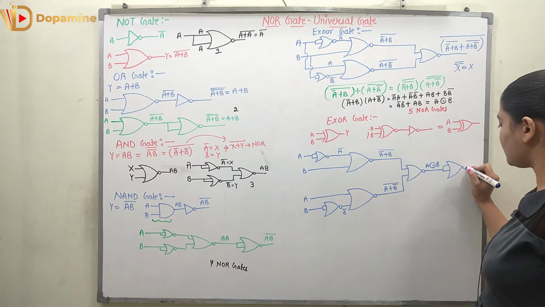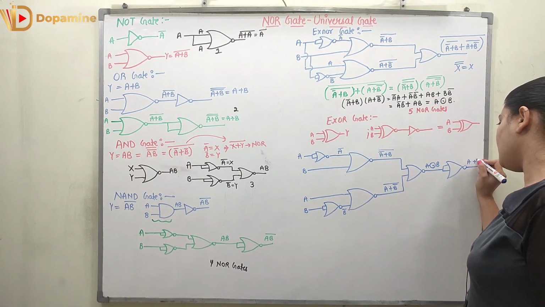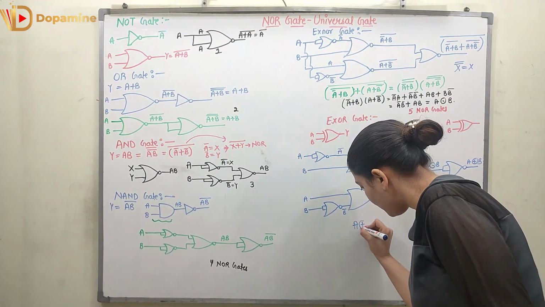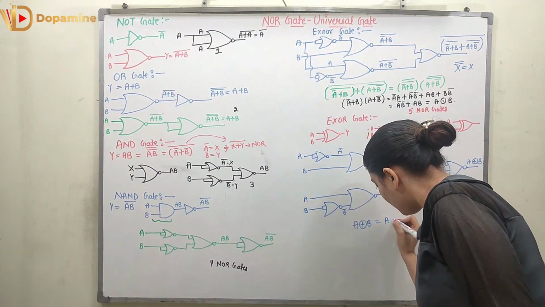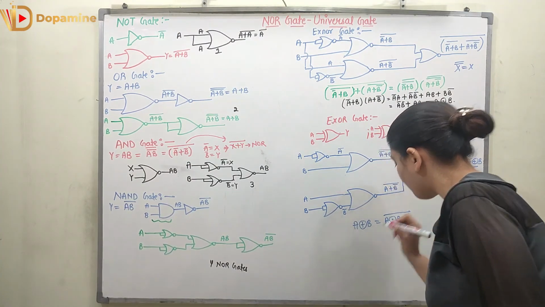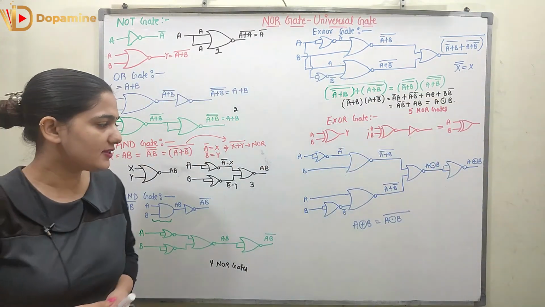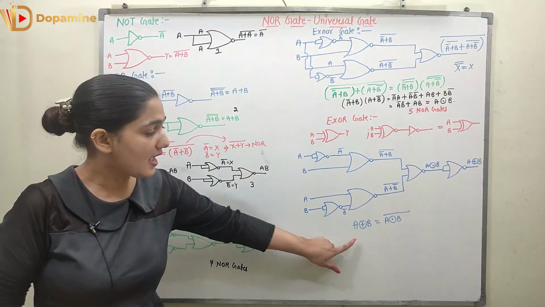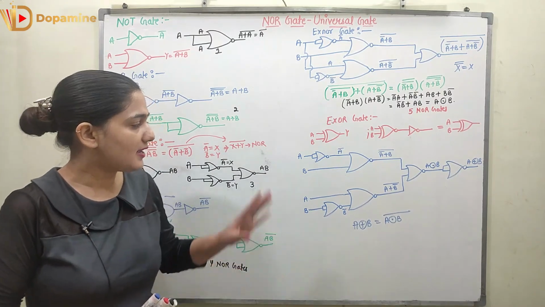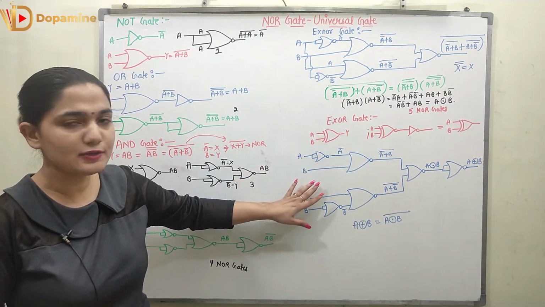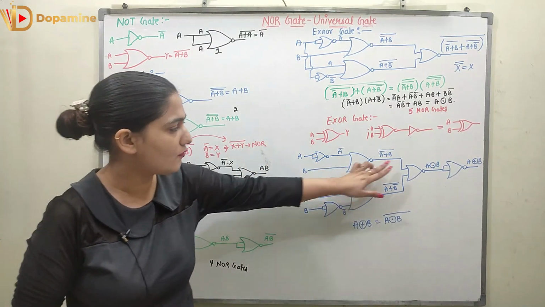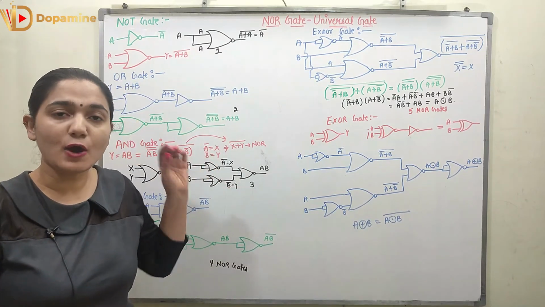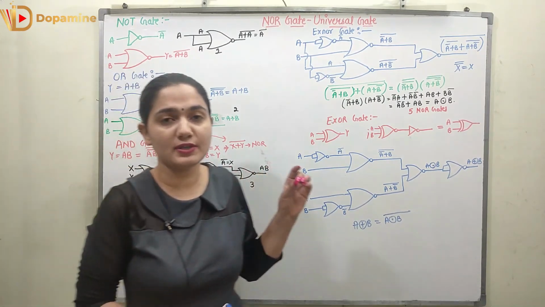The NOT gate I can make using the NOR gate. So here I will get A XOR B. I hope you remember this equation, that A XOR B is equal to the complement of A XNOR B. I have already derived this in the last class also. If you have a doubt about how this came, you can go to the previous class and see. And here you can see, for designing the XOR gate using the NOR gate, I require 1, 2, 3, 4, 5, 6 NOR gates, right? So I hope you understood all of the types of gates, how I can make all of them using the NOR gate.